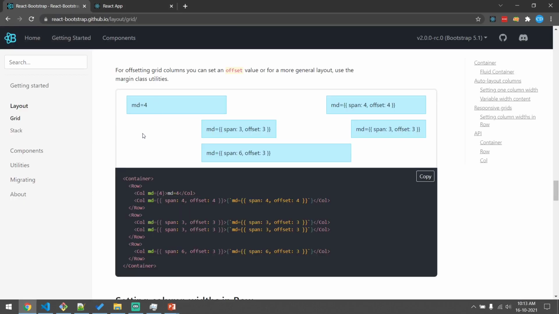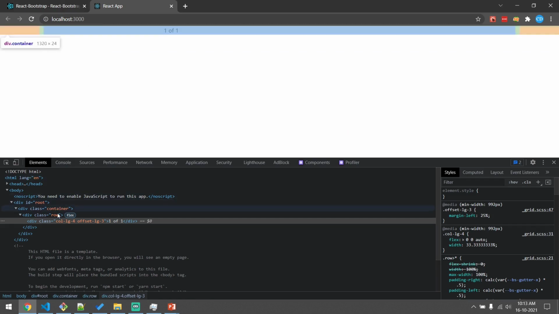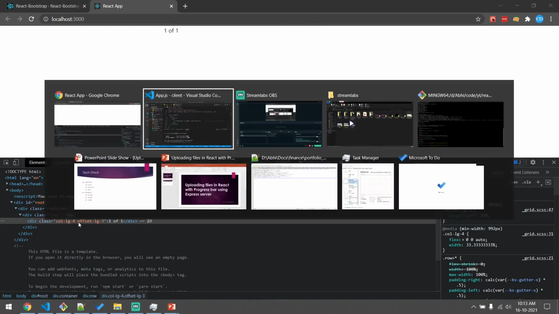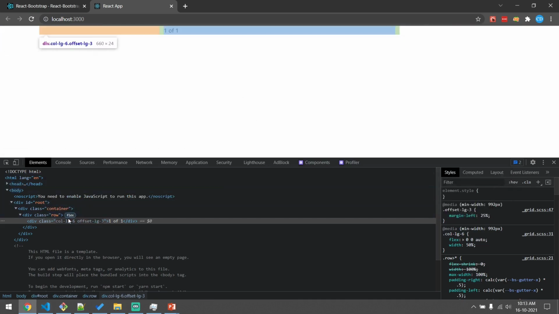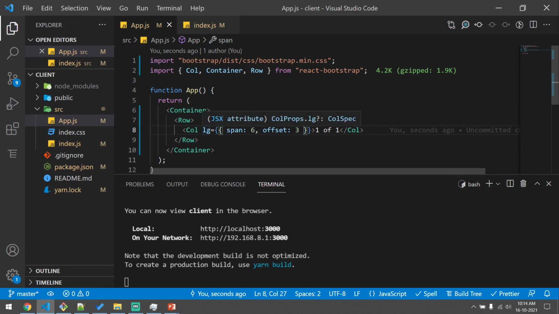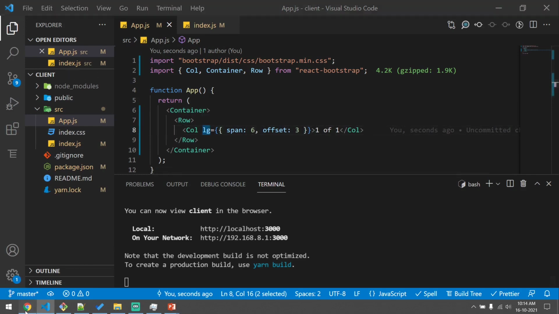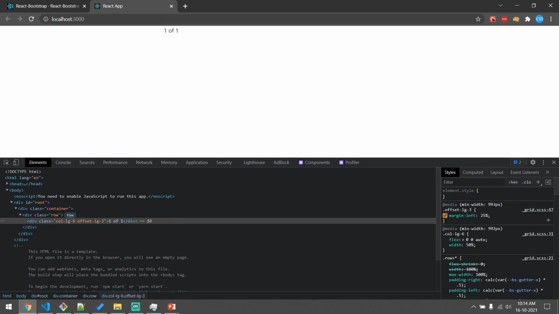So from the documentation, in order to center an element, we have to give some offset to it. Say we will give an offset of 3 and a span of 6. That is, we will have 3 columns on the left and 3 on the right, and in the center we will have 6. I think we made a mistake here. It should be 6. So what this will do is center align our elements. The lg here indicates this is applicable to large screens, that is screens above 992 pixels.